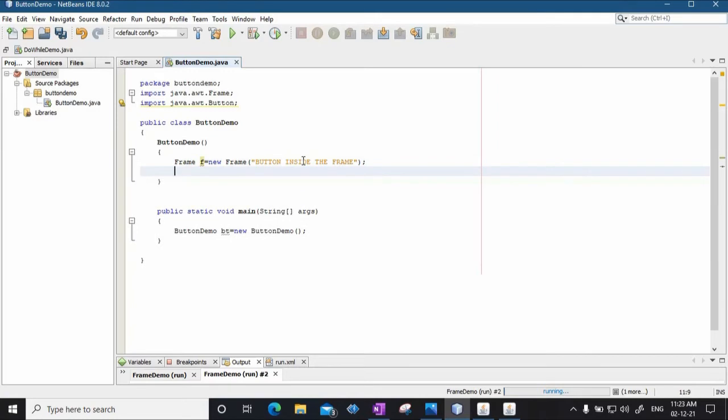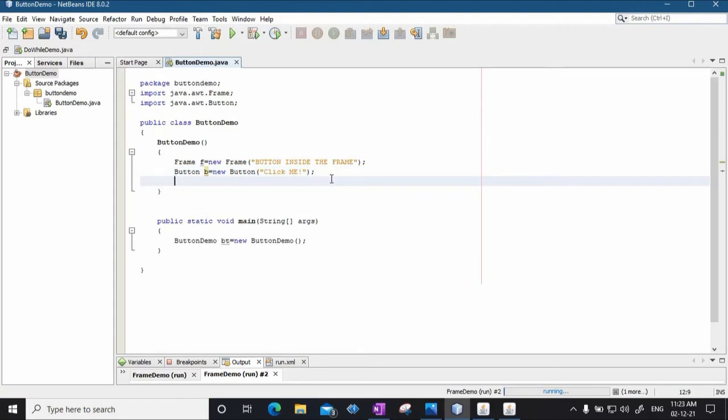Now once the frame is created, I will also create an object of the Button class. So I'll say Button b equal to new Button, and here you can specify the text that you want on the button. I'll say "click me" is the text that should appear on the button. Fine, so this is how we have created a button.